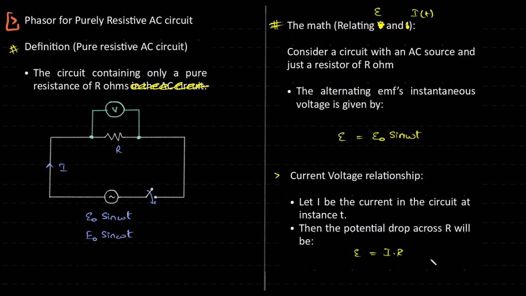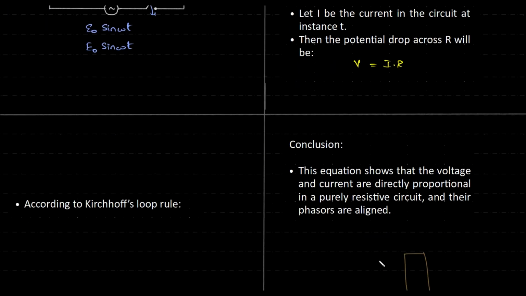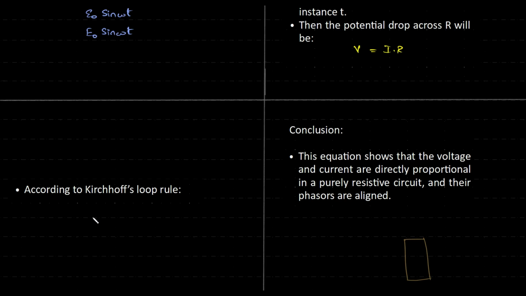This is across the resistance R. We're just writing that expression. This is from our old understanding of a simple circuit, Ohm's law. Then according to Kirchhoff's loop rule, if I take up this circuit itself and apply Kirchhoff's law over here, so this is I into R, this is epsilon. So epsilon, or let me write it this way, the instantaneous